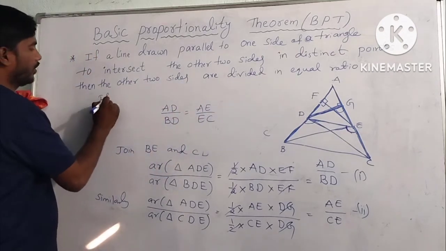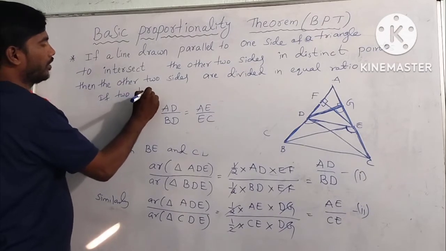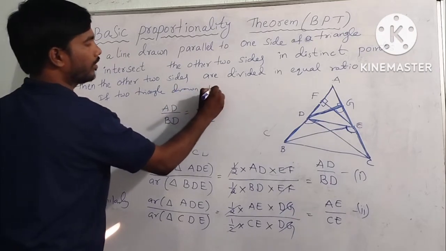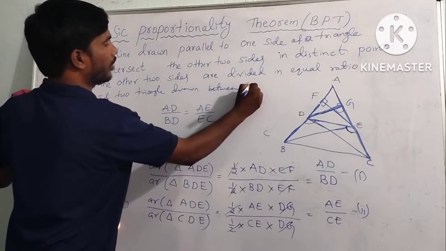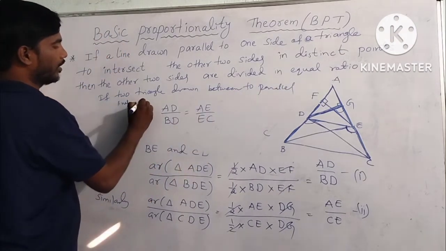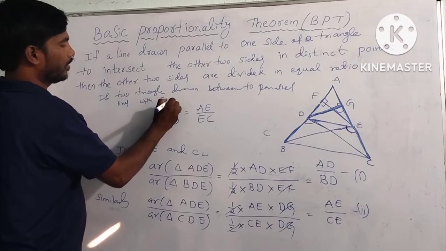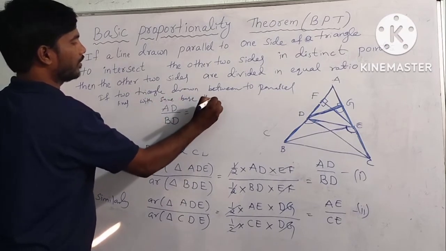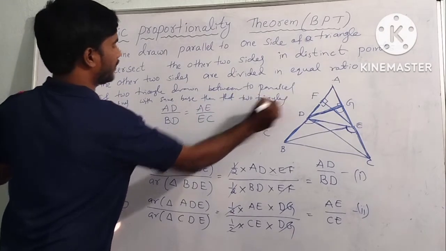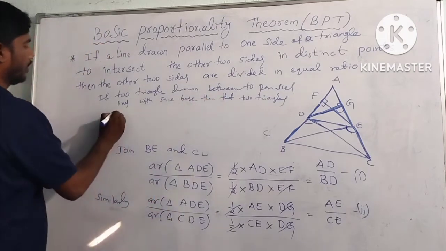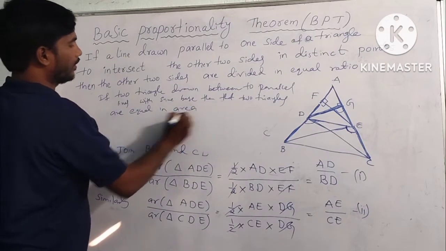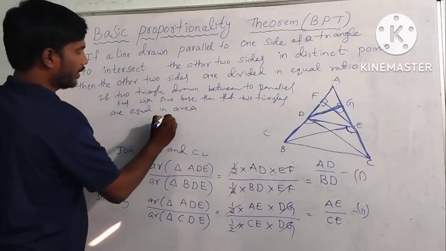If two triangles drawn between two parallel lines with the same base, then the two triangles are equal in area. Therefore, according to that property, triangle